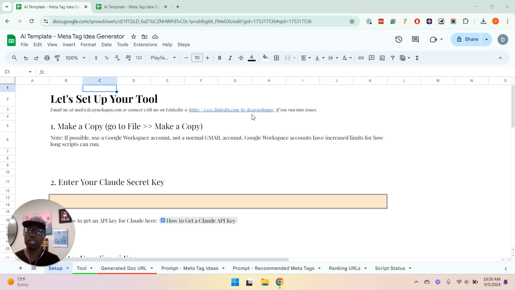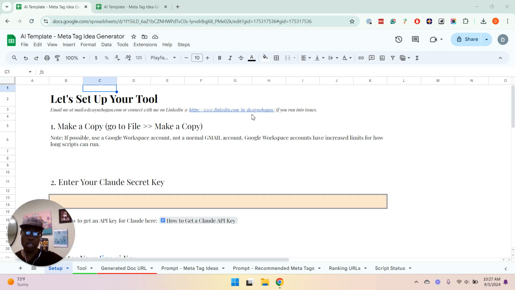The other thing that this tool does is, along with giving you those ideas, it actually pulls in the top URLs for page one for your target keyword. It pulls in the current displayed title tag and meta description inside the SERP. And then it takes those 10 title tags and those 10 meta descriptions that are on page one, and based on your ideas, picks out the one that it thinks is going to be the one that stands out